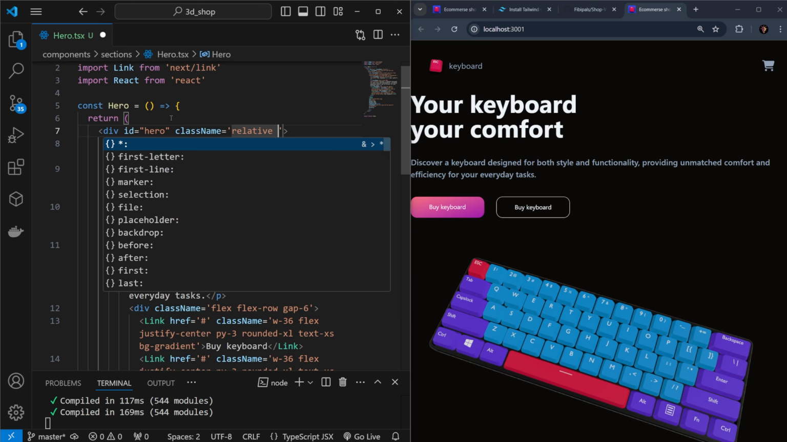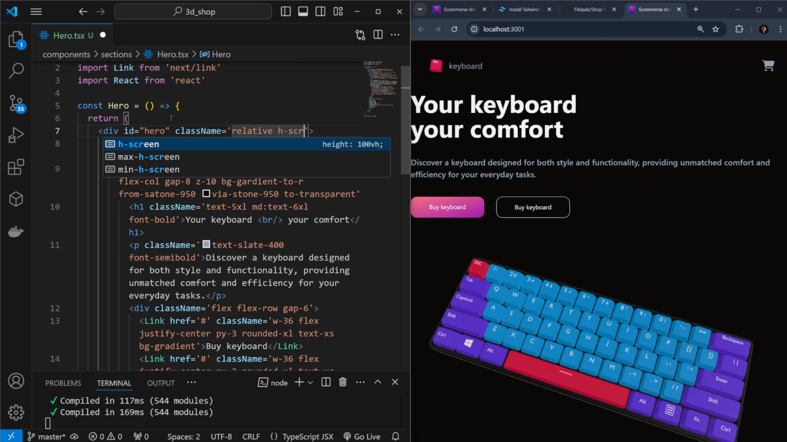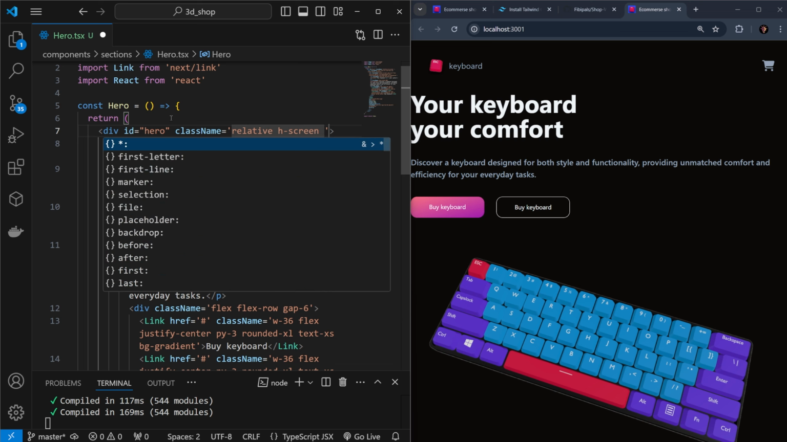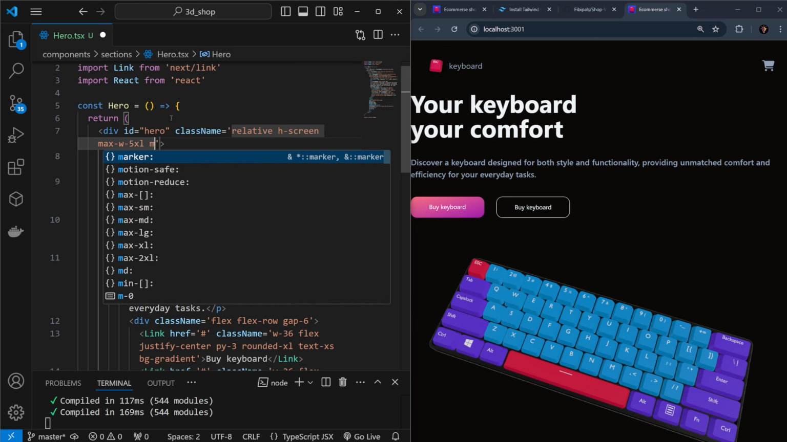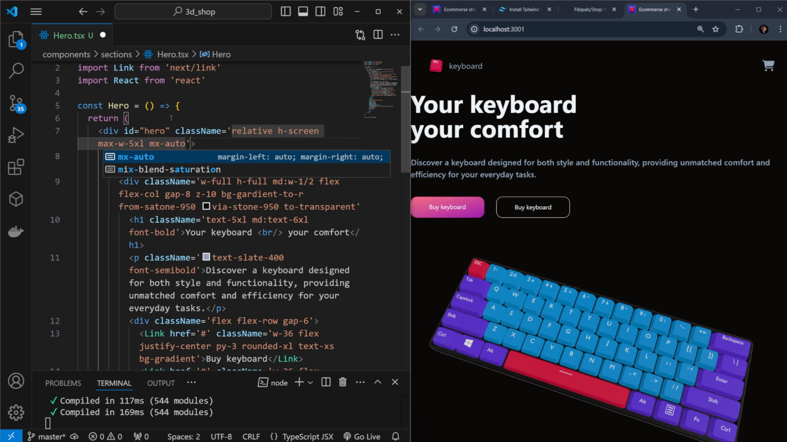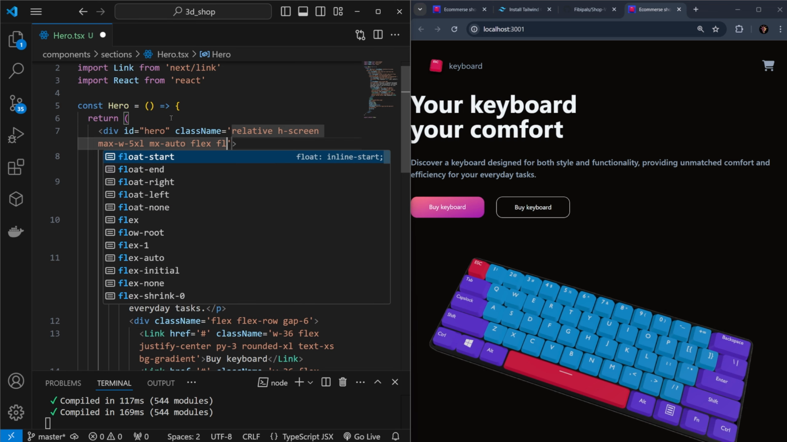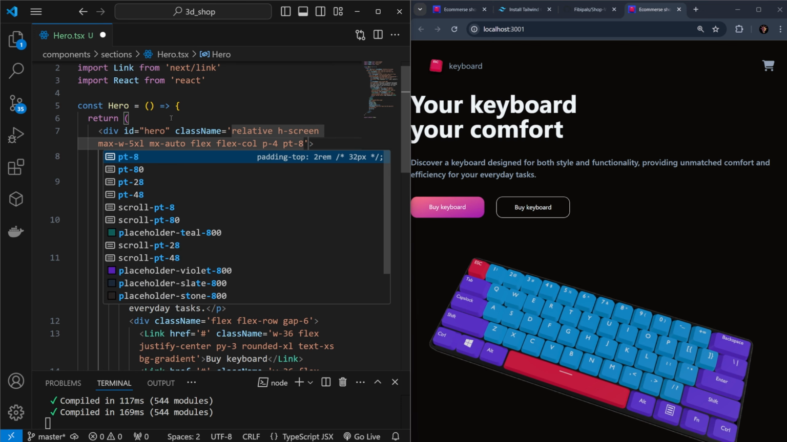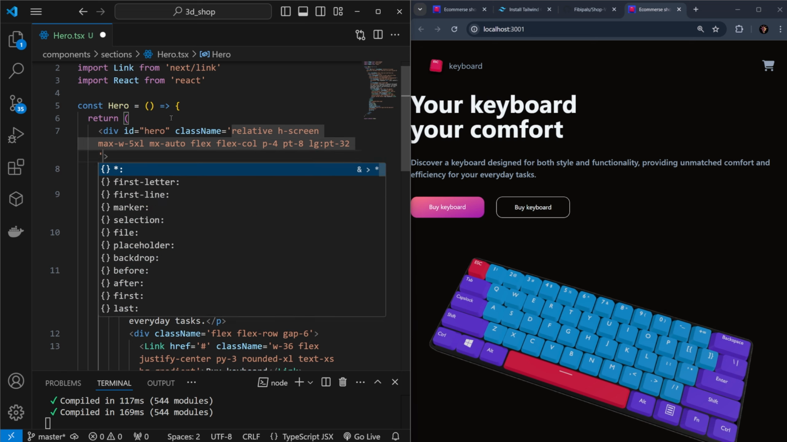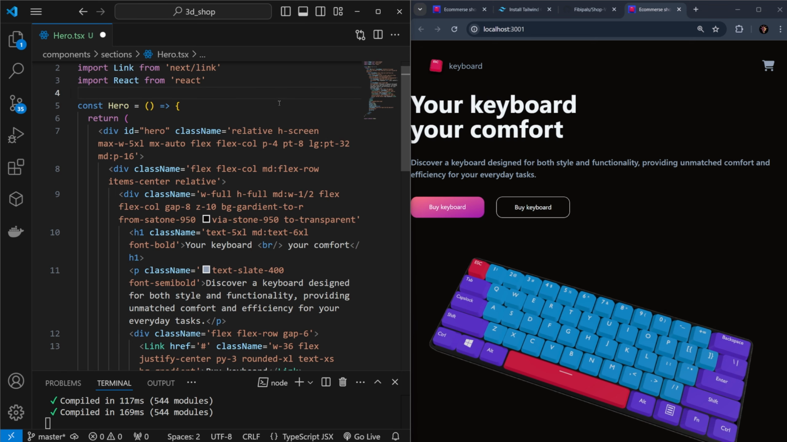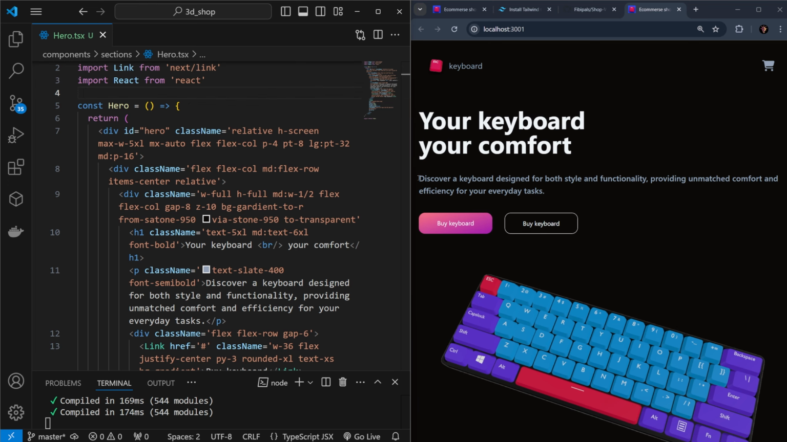After this, let's set height to screen. After this, set max width to 5xl. Also margin x equal to auto. Also flex, then flex column. Then padding equal to 4, padding top equal to 8. In large screens we want padding top equal to 32, and in medium screens we want padding equal to 16. So with that done, let's save, and we have